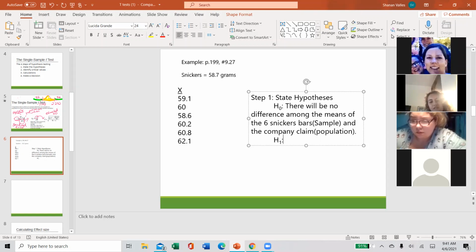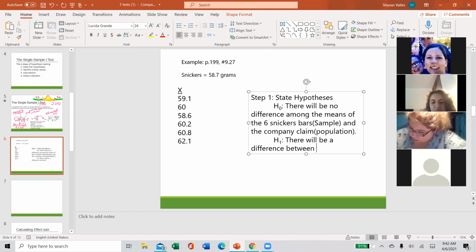If you are a positive thinker and you like to believe there is good in the world and you're like, no, Mars is going to give us more Snickers than they claim, then you could write that I believe the sample mean will be greater than 58.7. If you really don't know and you don't have any stake in the matter, you have no idea how this is going to go, you can say there will be a difference